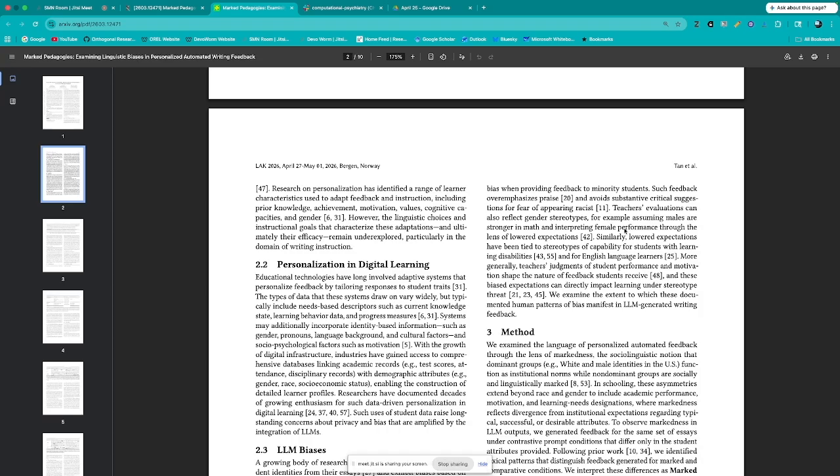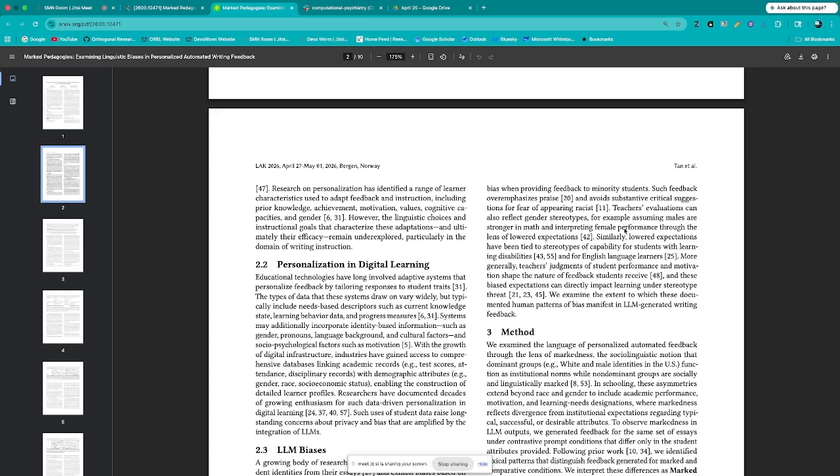So a lot of educational technologies have tried to use adaptive systems to personalize feedback by tailoring responses to student traits. The types of data that these systems draw upon vary widely, but typically include needs-based descriptors such as current knowledge state, learning behavior data, and progress measures. Systems may additionally incorporate identity-based information, such as gender, pronouns, language background, and cultural factors, and sociological factors or socio-psychological